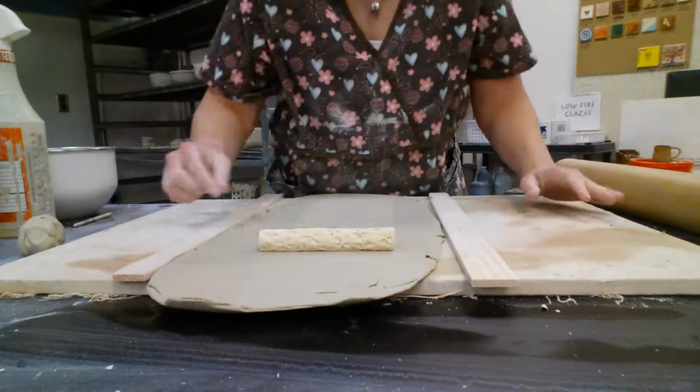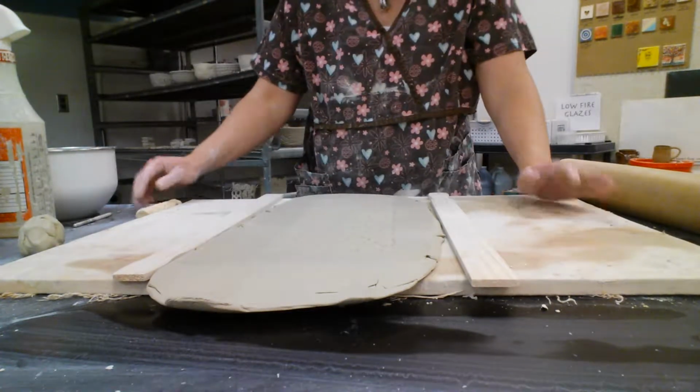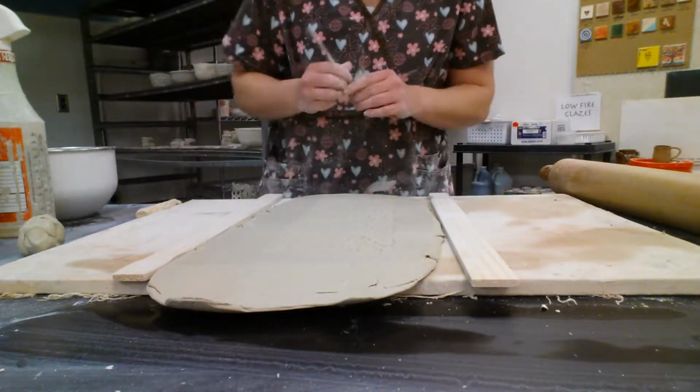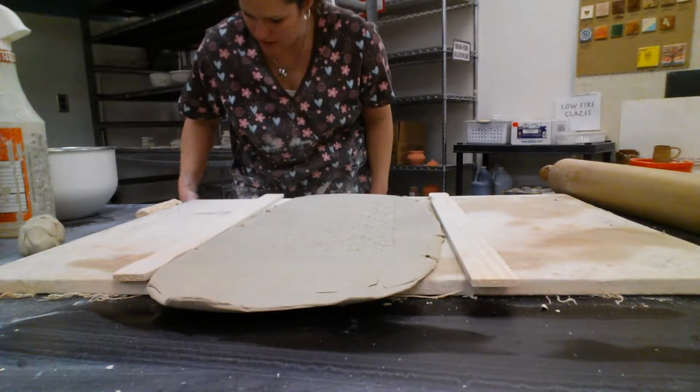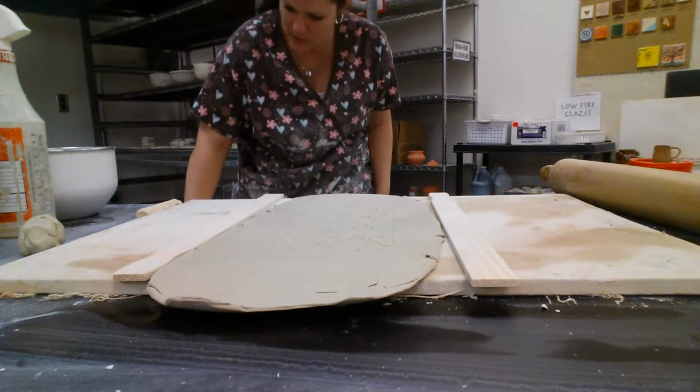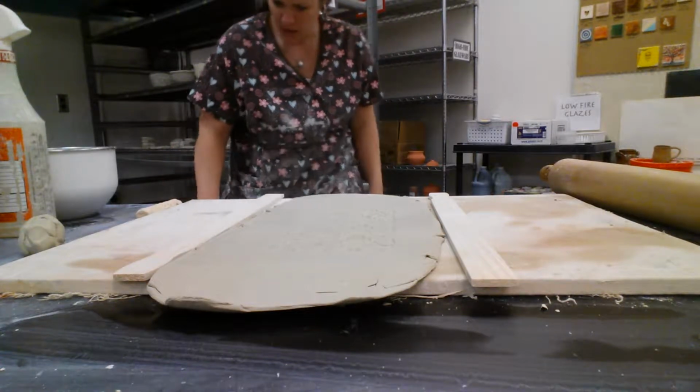And go longer than you think you're going to need, because it's easier to get rid of excess as opposed to not having enough. Okay, then you're going to need a ruler, preferably one of the clear ones,